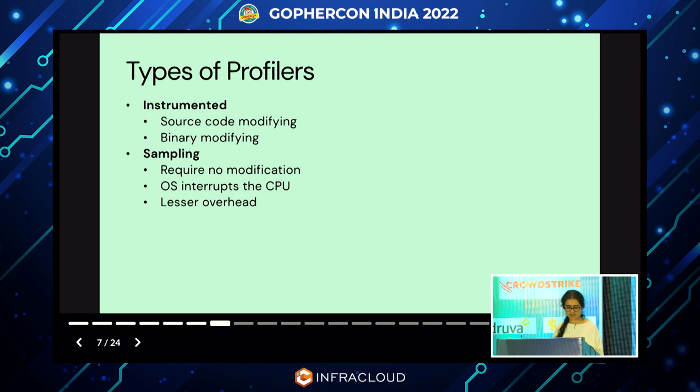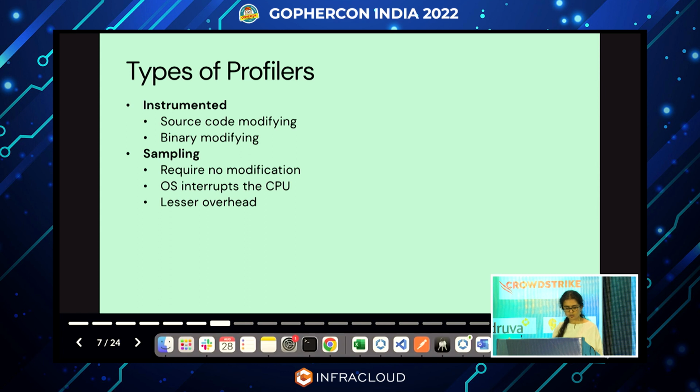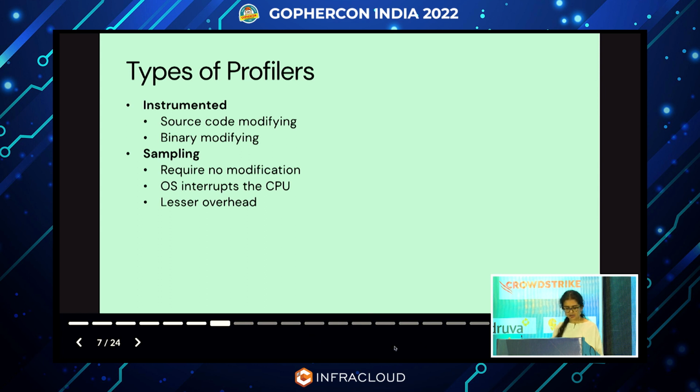So the first modify the source code directly, and the second modify the executable's code once it's in memory. Sampling profilers require no modifications the way instrumented profilers do, and these work when the OS interrupts the CPU at fixed intervals and records the execution stack at that point. It then aggregates this result to show the frequency with which certain sections of the code were executed, and it also causes significantly lesser overhead compared to